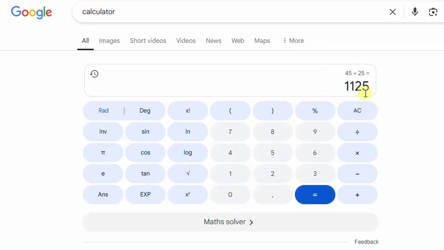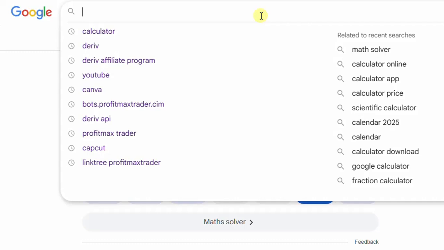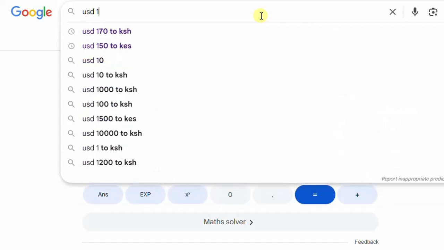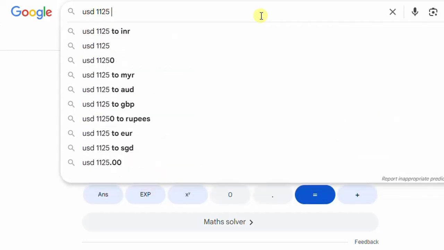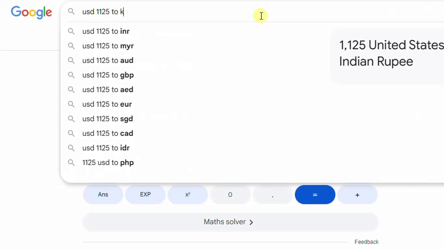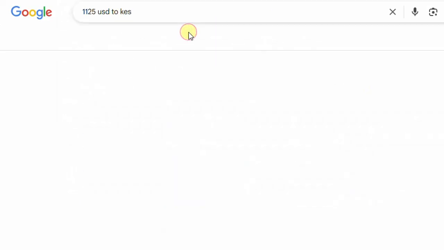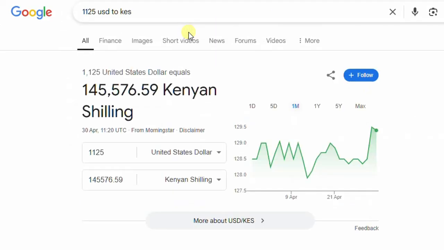$1,125 in a month. Okay, $1,125 in a month, USD, 1,125 to Kenya shillings. You can, if it's Nigeria, if it's Tanzania, South Africa, use your local currency to see how much $1,125 is. In Kenya, that is 145,000, and very few people who are even employed will make this amount